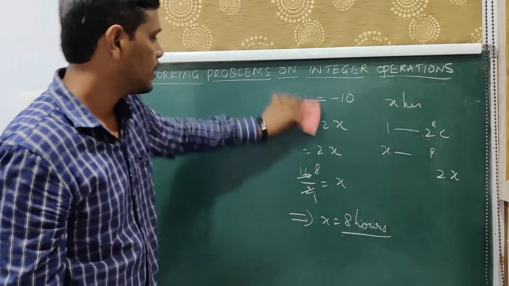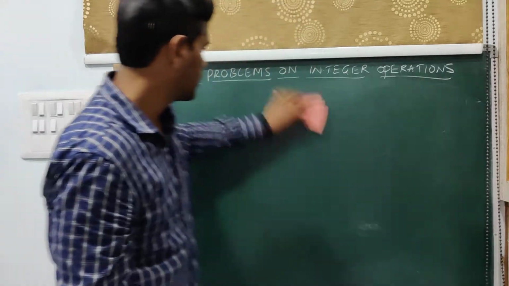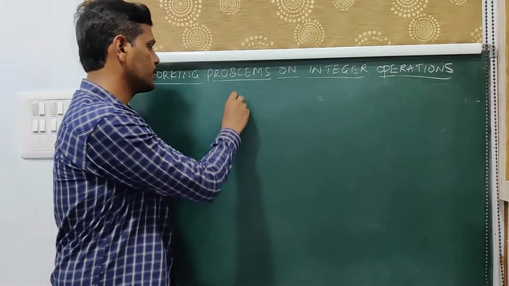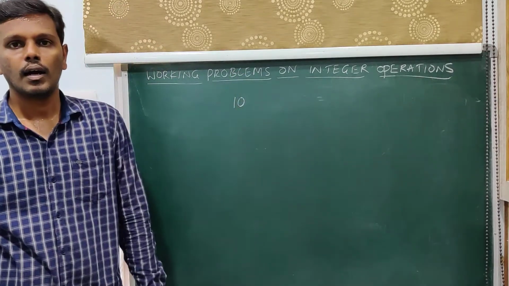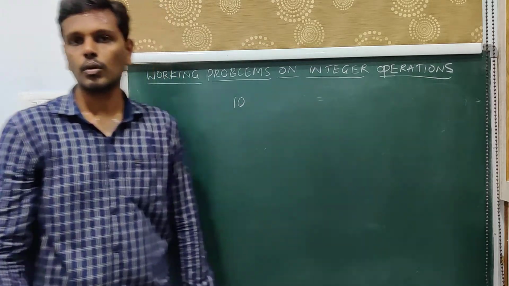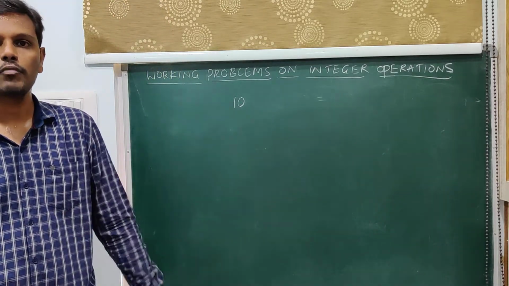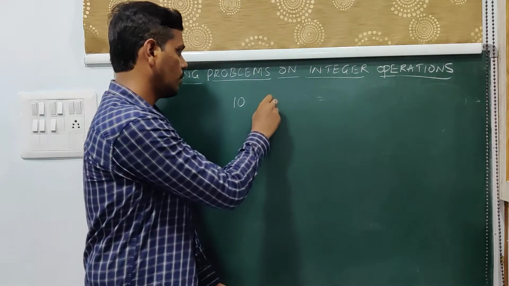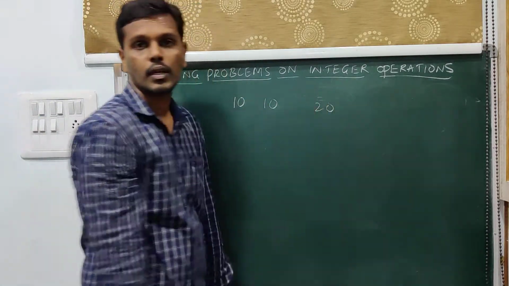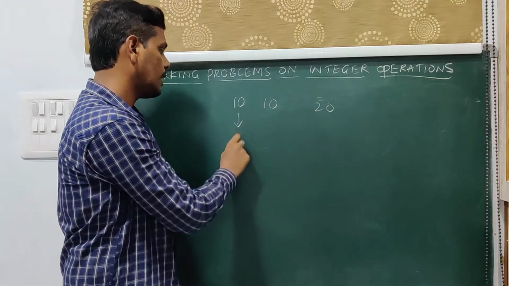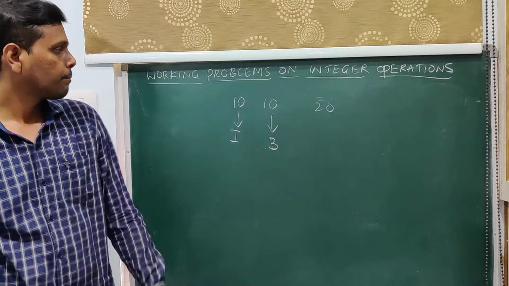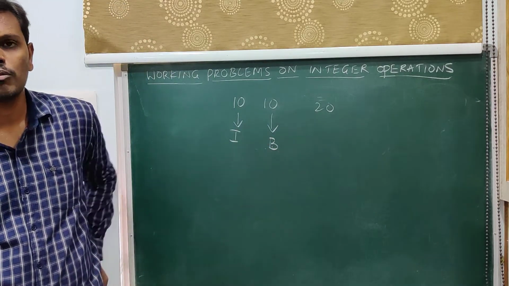So before we get into that problem, let us assume some hypothetical situation. Suppose I have earned some 10 rupees and I am in need of 20 rupees, but I only have 10 rupees. So what I do is I will borrow some 10 rupees from my friend. So now I have got 10 more rupees. The total amount which I have got is 20. Now this is the amount which I had. This is the amount which I have borrowed. Now are these two values the same? Are these two amounts the same?